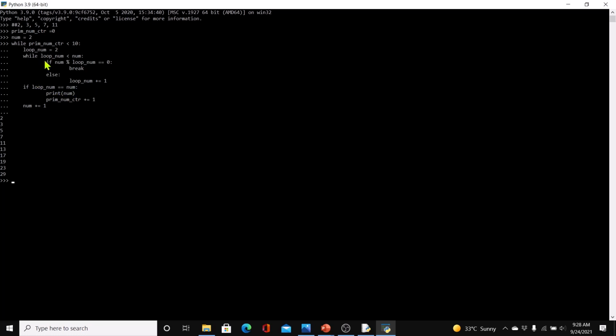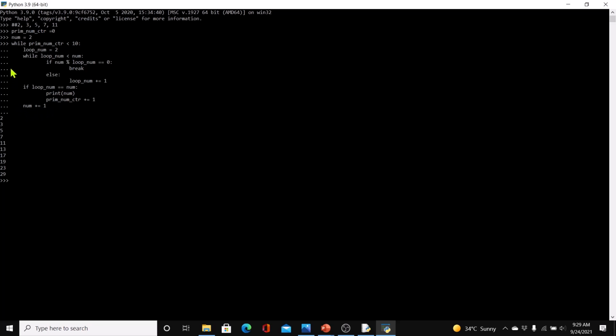We'll go back into the loop, right? When we go back into the loop, we'll check while loop num is less than num, right? So is 3 less than 3? No. So we come here, is loop num equal to num? We'll print 3, right? Prime counter increases to 2, and then we have num plus equal to 1, which is now 4,